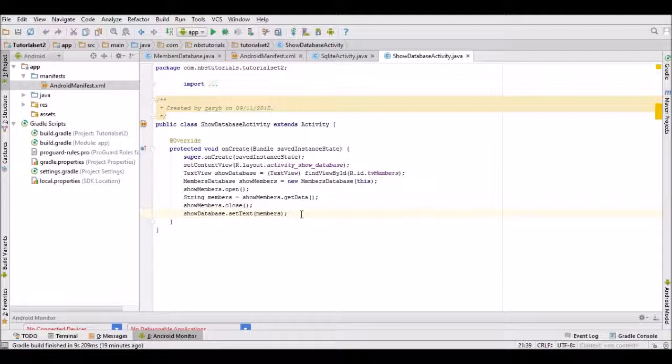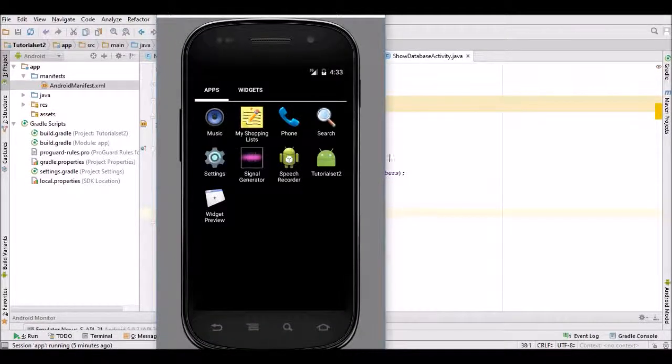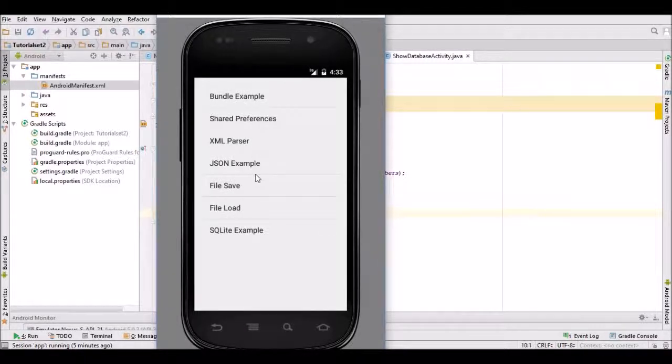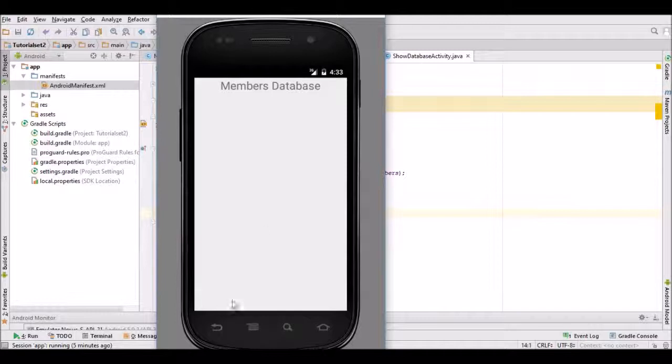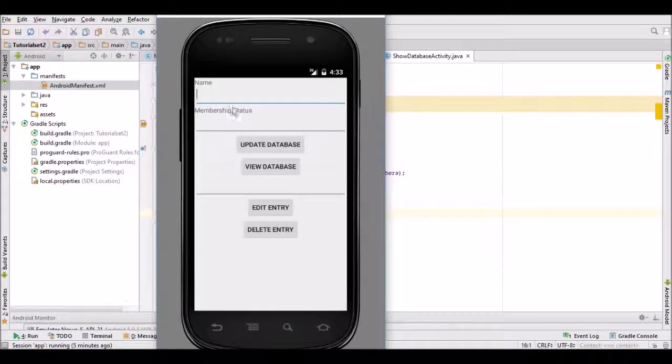So I'll catch you in a minute. Okay, so the app is working now. Let's just start the app up with tutorial set 2, and we'll go to the SQLite example. So first of all, just want to view the database while it's blank. You'll see there's absolutely nothing in that string at the moment, so we need to just put some entries in here. So I'm Gary, I'm going to be a gold member, so update the database and put a couple more entries in. Brenda,